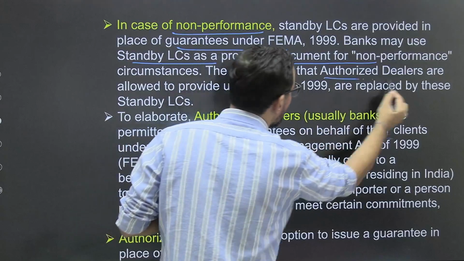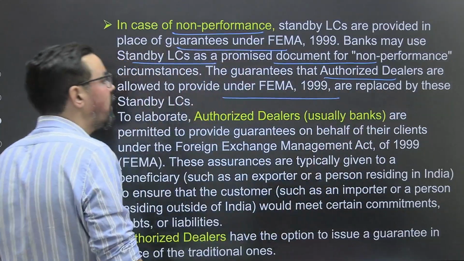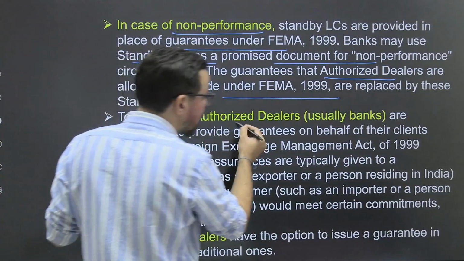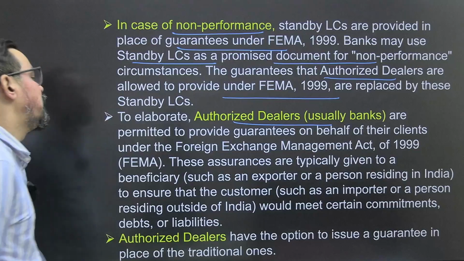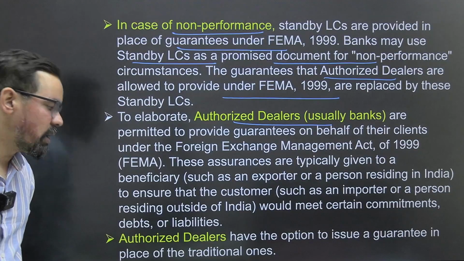The guarantee that authorized dealers are allowed to provide under FEMA 1999 are replaced by these standby LCs. So authorized dealers, usually banks, are permitted to provide guarantee on behalf of their clients under FEMA 1999. These assurances are typically given to a beneficiary, जो भी आपका exporter है basically, ठीक है, to meet certain commitments, debts or liabilities. Authorized dealers have the option to issue a guarantee in place of the traditional one, ठीक है।